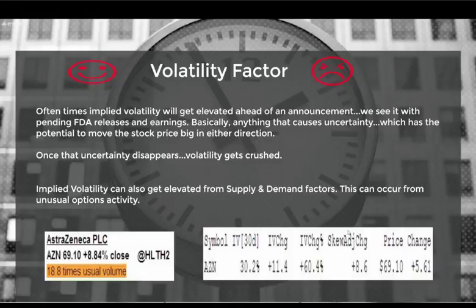Now, because this unusual volume was coming in, market makers, not real people on the floor, but systems, computers, see that, and once that's triggered, where all of a sudden it's, oh wow, we're showing this bid and offer, but it just got scooped up, automatically they move that price higher. That moves implied volatility as well. If you think about it as a carrot and a donkey with a stick in front of it, that's kind of what happens. These people that really want it are just going to keep paying up and up. That's where the edge in following unusual option activity is, but that also increases implied volatility at the same time.